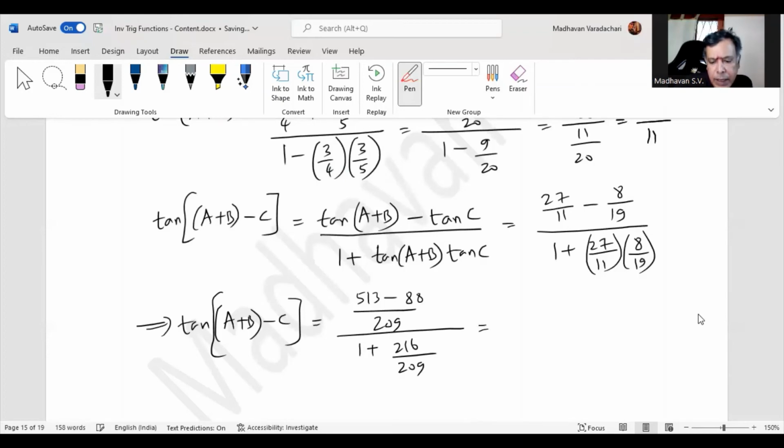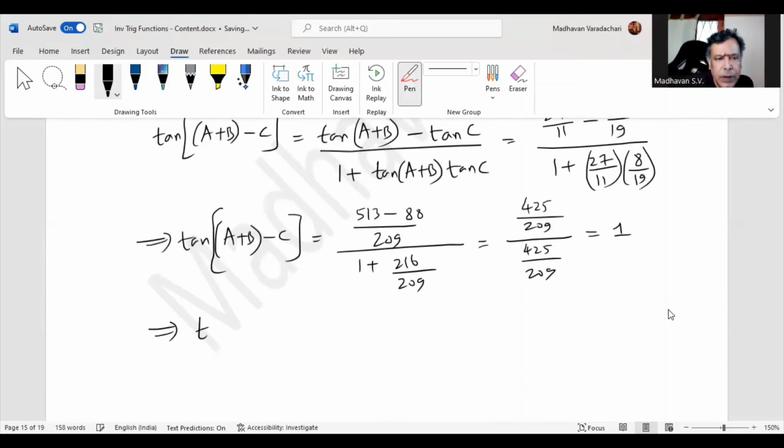So that we will get 425 divided by 209. Here it is 209 plus 216, which is again 425 by 209. So both numerator and denominator are the same. So the result is 1, which means